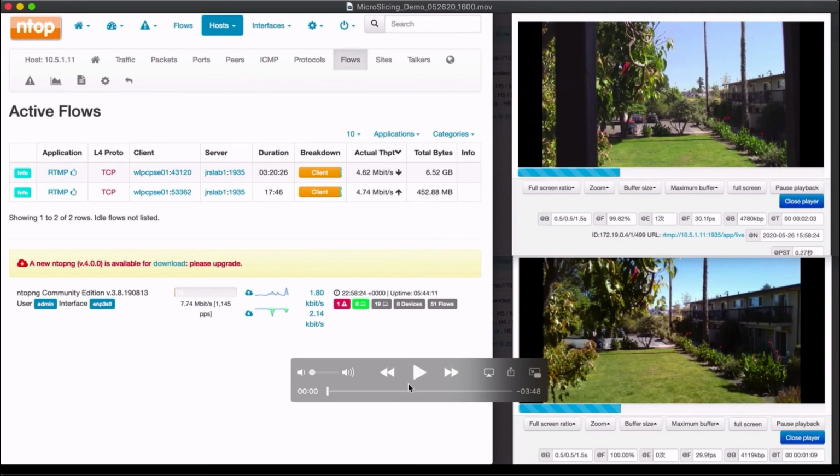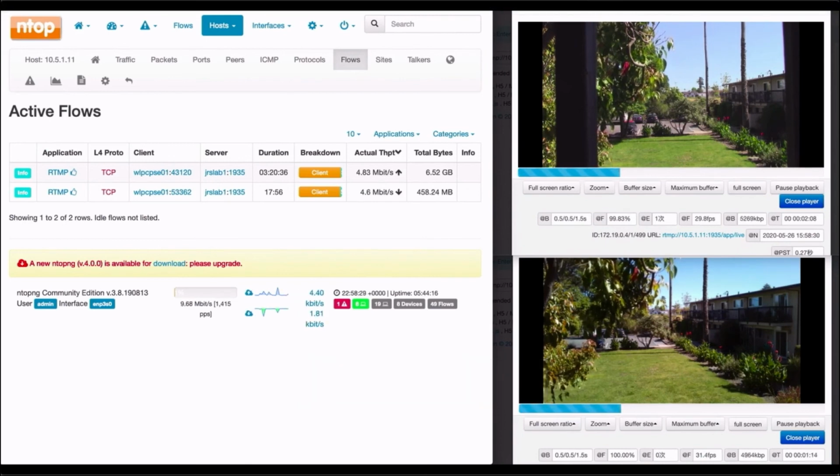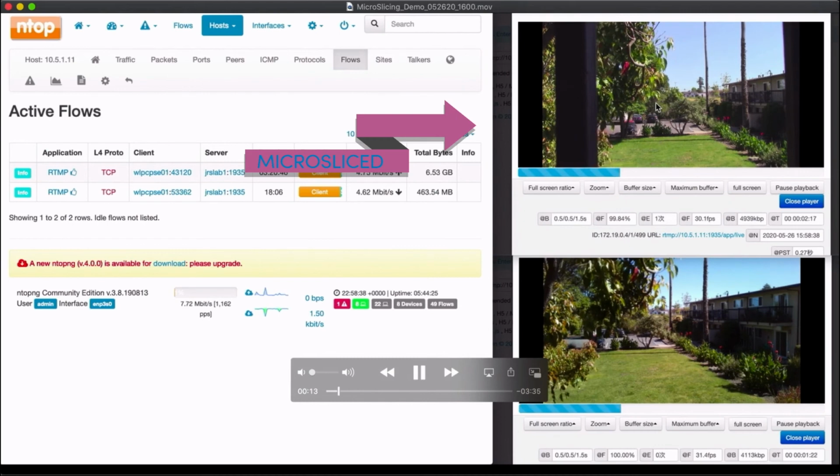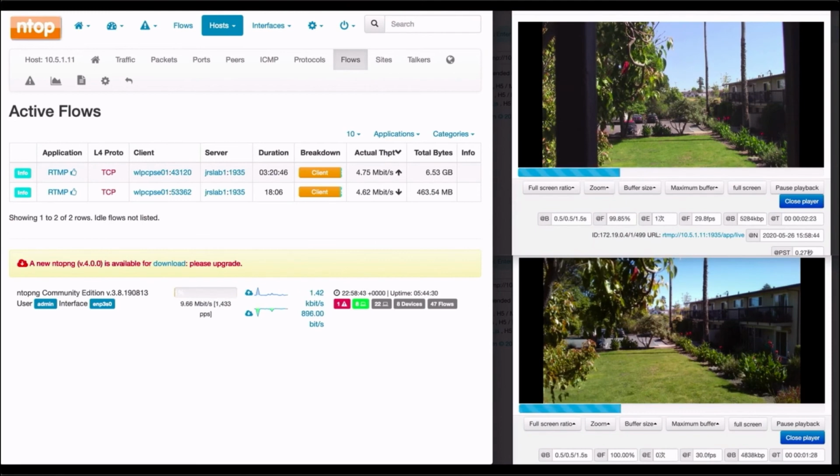In the top right-hand corner, we have a live video stream coming from an IP camera behind a Cradlepoint AER2200 gateway. It's 1080p, 30 frames per second. You can see pretty high bitrate video. This is the microslice. So in the top right, this is the microslice video. The video below that is coming from a Zebra ruggedized tablet. Again, we're sending 1080p, 30 frames per second. We're on the LTE network natively with that